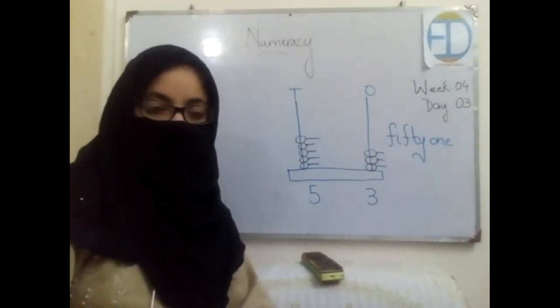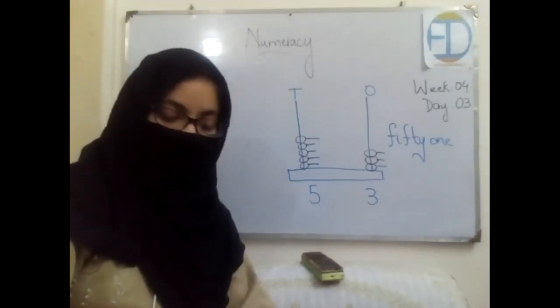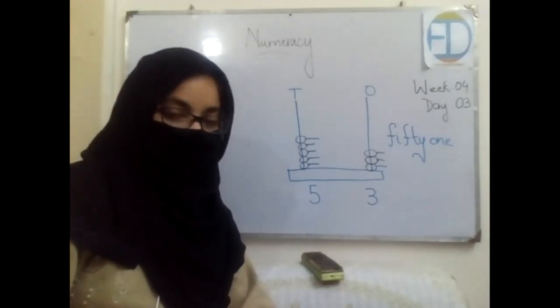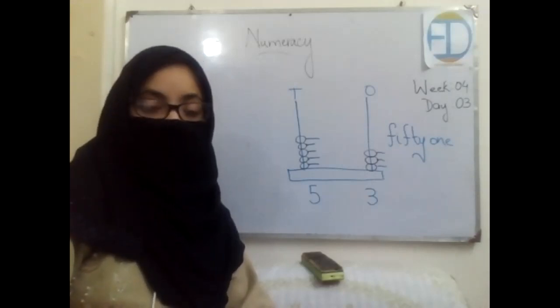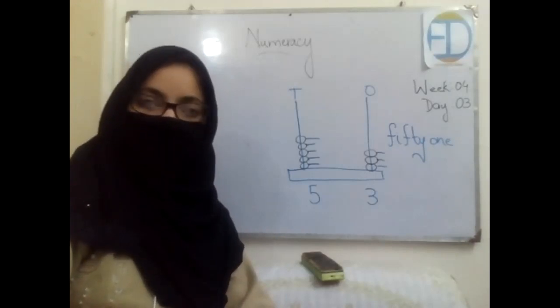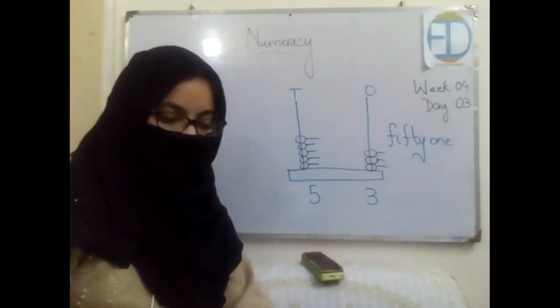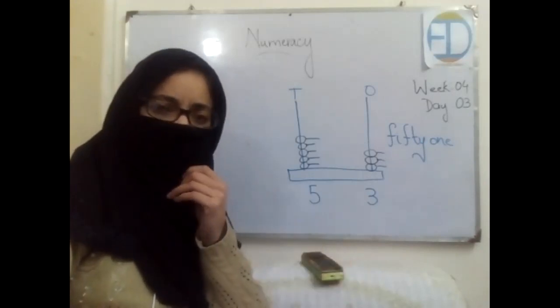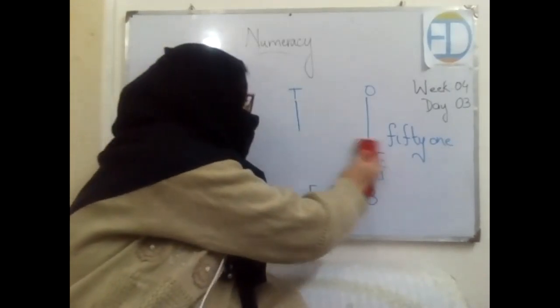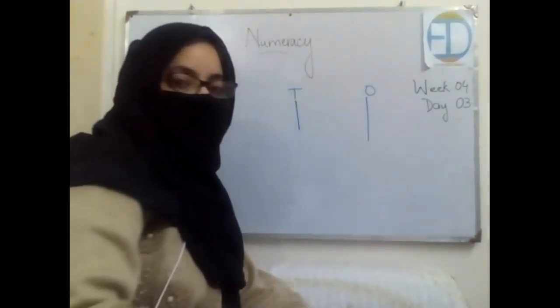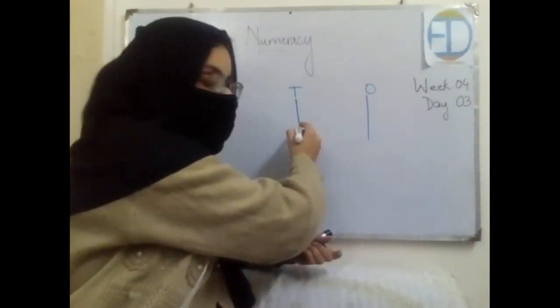Yes, Hassan, tell me the spellings of 57. 50 and SEVEN, 7. Excellent. Okay, who is going to tell me the spellings of 58? Yes, Alize. FIFTY, 50, EIGHT, 8. Excellent. Okay. So all of you are done till 59? Yes or no? Show me a thumbs up. Okay, so all of you are done. That's very good.